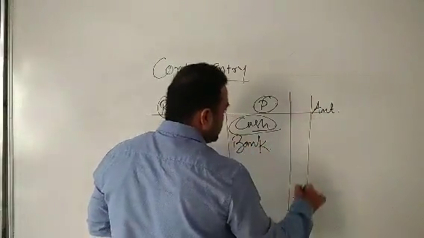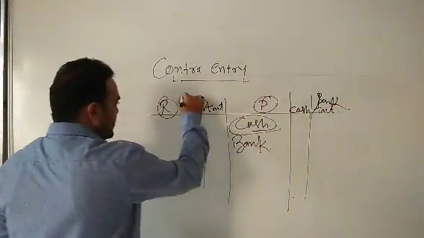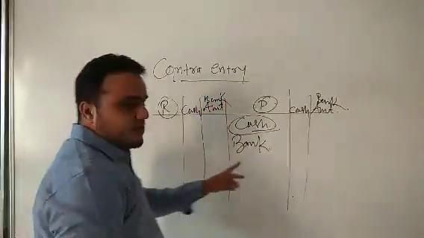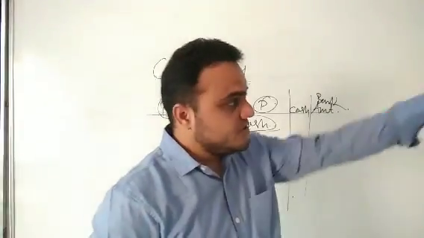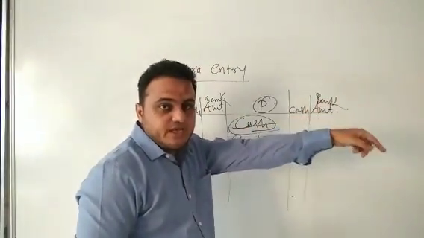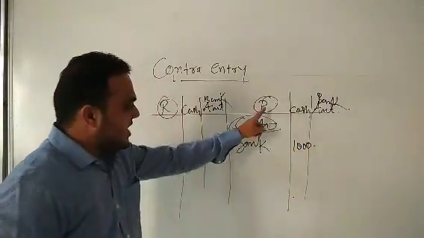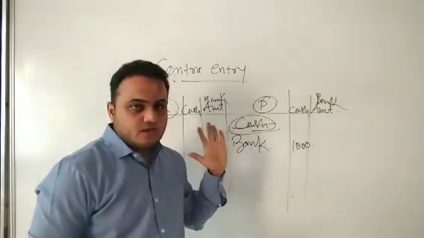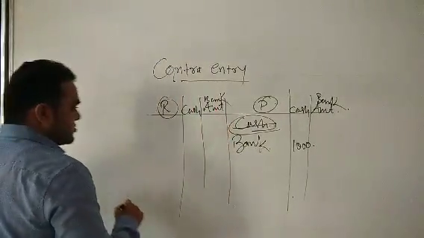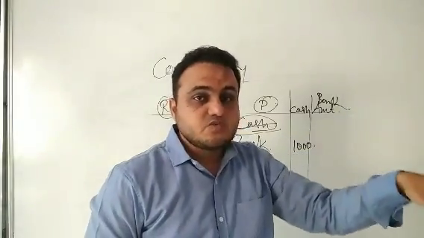Suppose we are having two columns, a cash column and a bank column. Here also I am doing the same. On the payment side, my cash will go in the bank. What is going in the bank? Cash. So I will write 1000 on the payment side. My 1000 rupees has gone in the bank. This is the payment side, in the bank. From our business 1000 has gone and in the bank 1000 has been deposited.